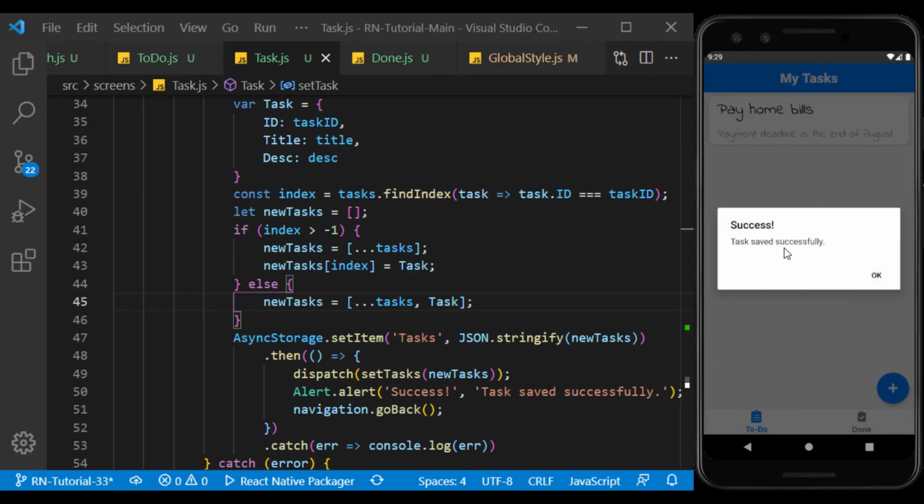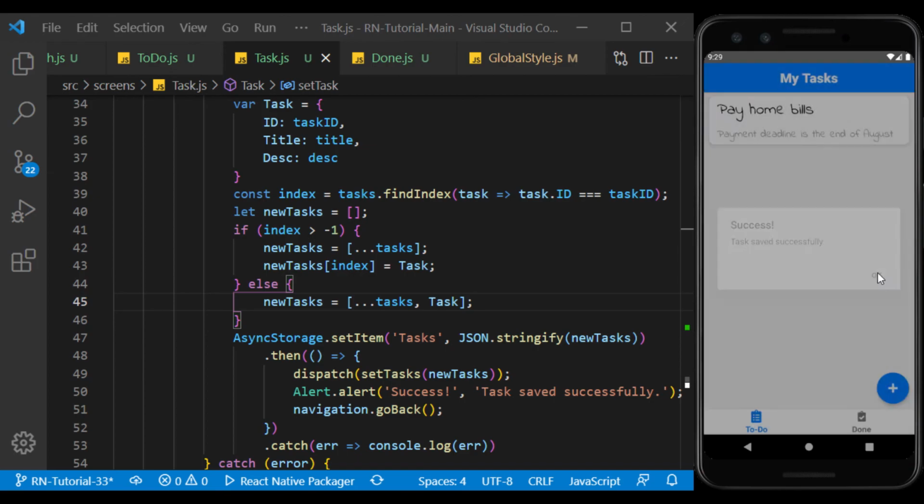As you can see, task was updated correctly. Now I will add another task for testing.